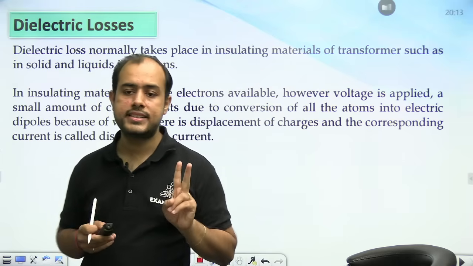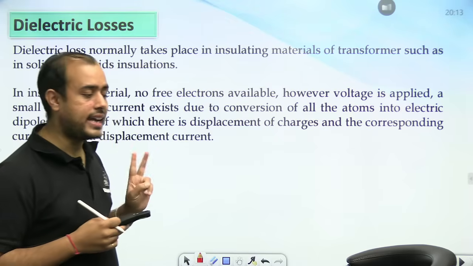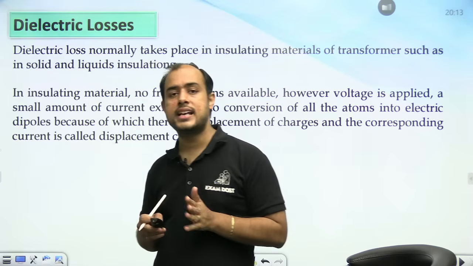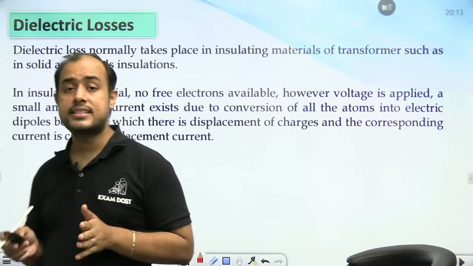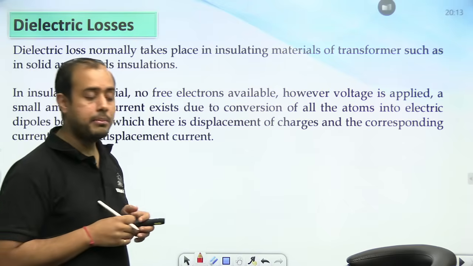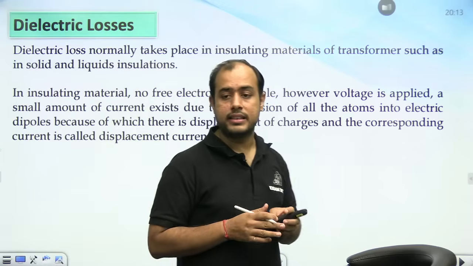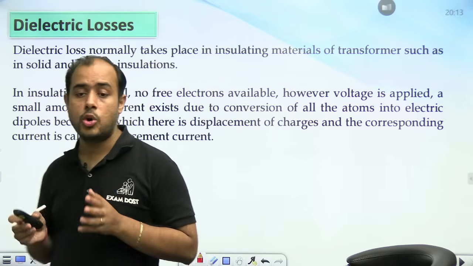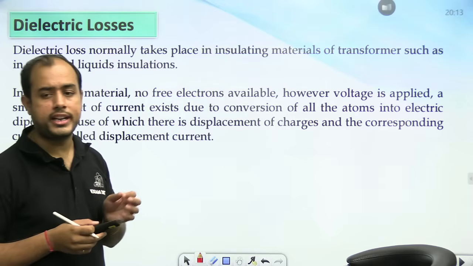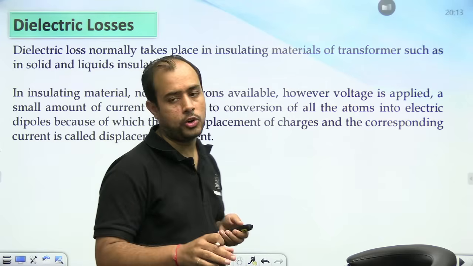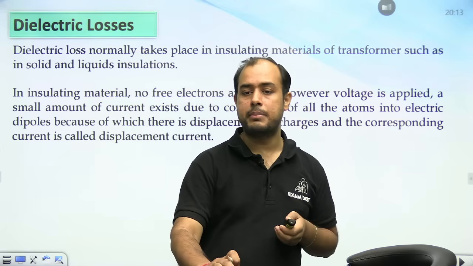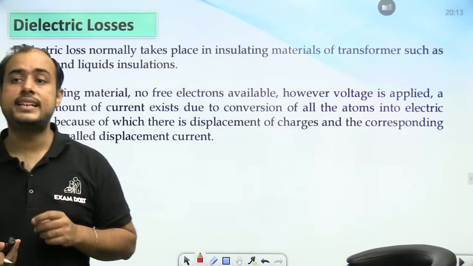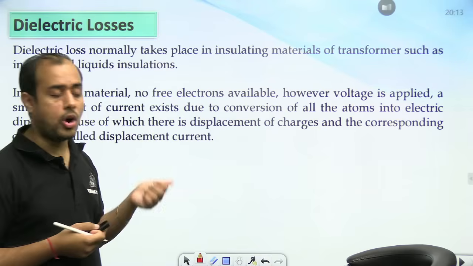So there are two reasons for dielectric loss. डाइलेक्ट्रिक लॉस के दो कारण होते हैं. First, even though it is an insulator, resistance is not infinite. माना इंसुलेटर है बट रेजिस्टेंस इनफाइनाइट नहीं होता. So even though you apply a voltage to an insulator, a small current will flow. वोल्टेज अप्लाई करने पे छोटा सा करंट जरूर फ्लो करेगा, that is leakage current, and that will cause the